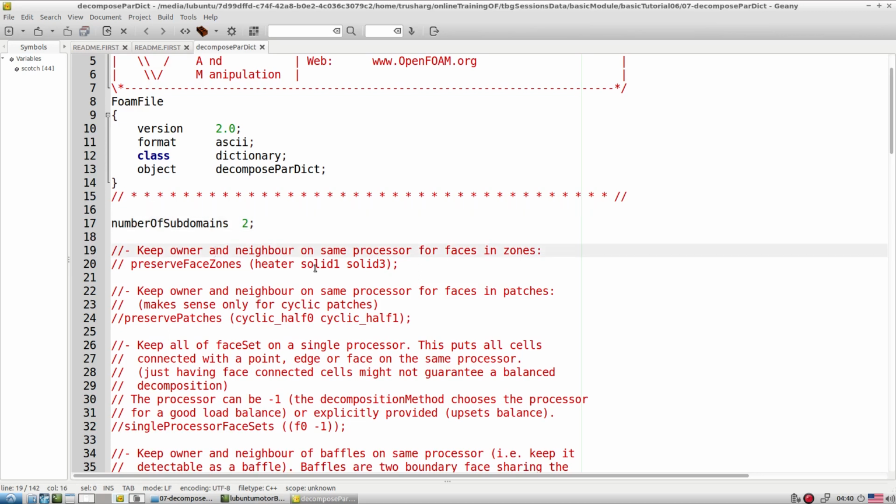Then, keep a face and its neighbor on the same processor if the faces in the zones are required. That means preserve the face zones. Sometimes it is required if you're working with, let's say, a heat transfer type of case, where we want to specify certain patch-to-zone correlation. At that point of time this is required.